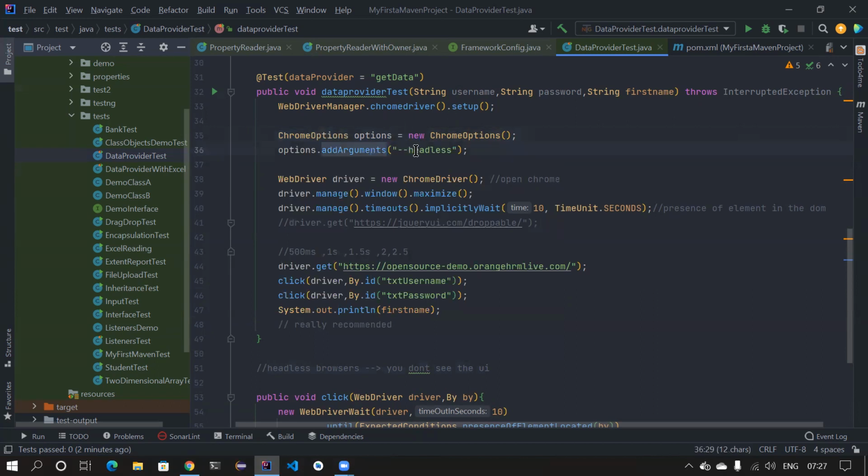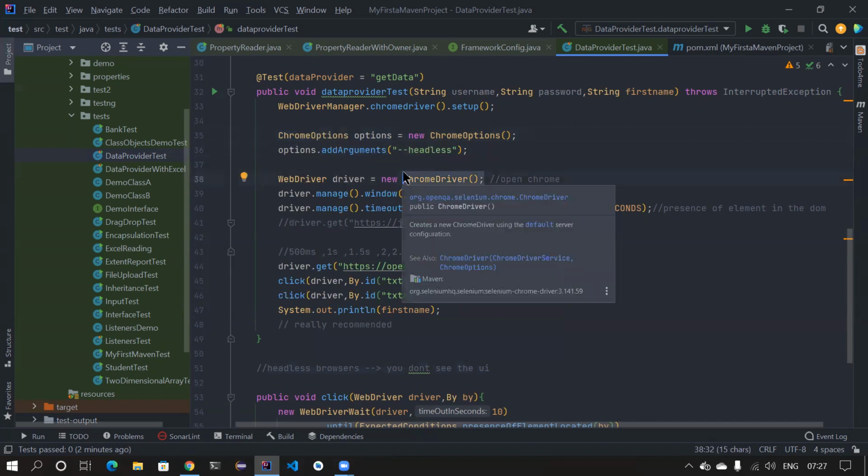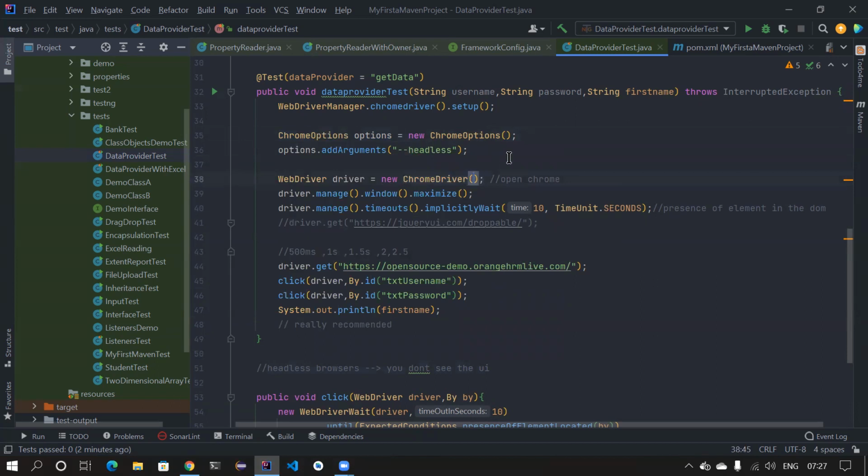So you tell it, hey, instead of opening Chrome the default way, don't open it like that. I want you to open it in a customized way. This is your customized way. We are telling it that I want to add the argument of headless, which means I want to run without opening the browser. Let's see how it is running. That's it, guys. You have to declare the customized version of your Chrome,